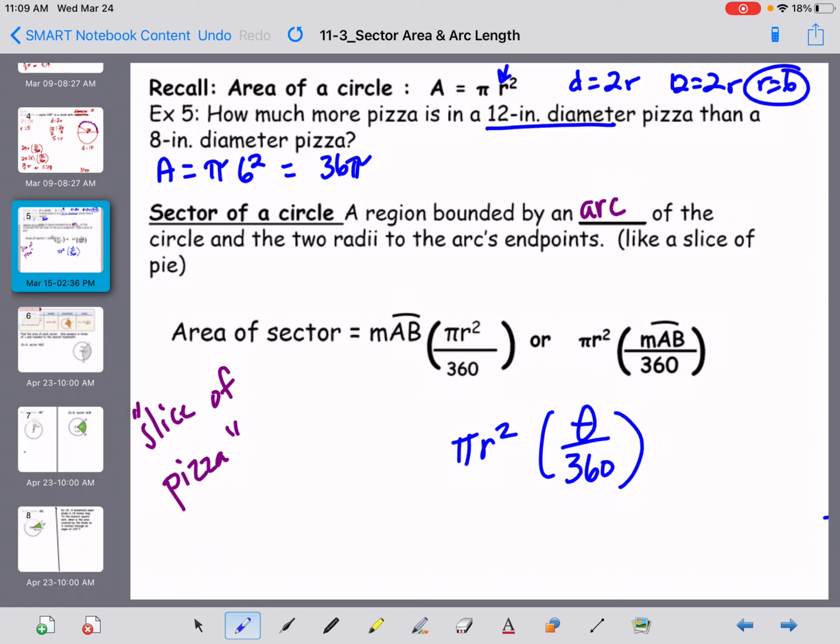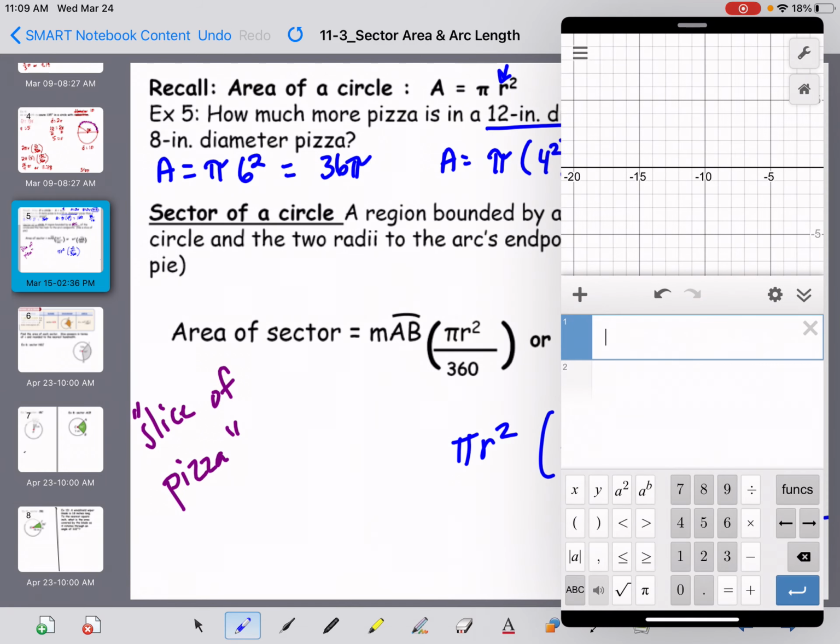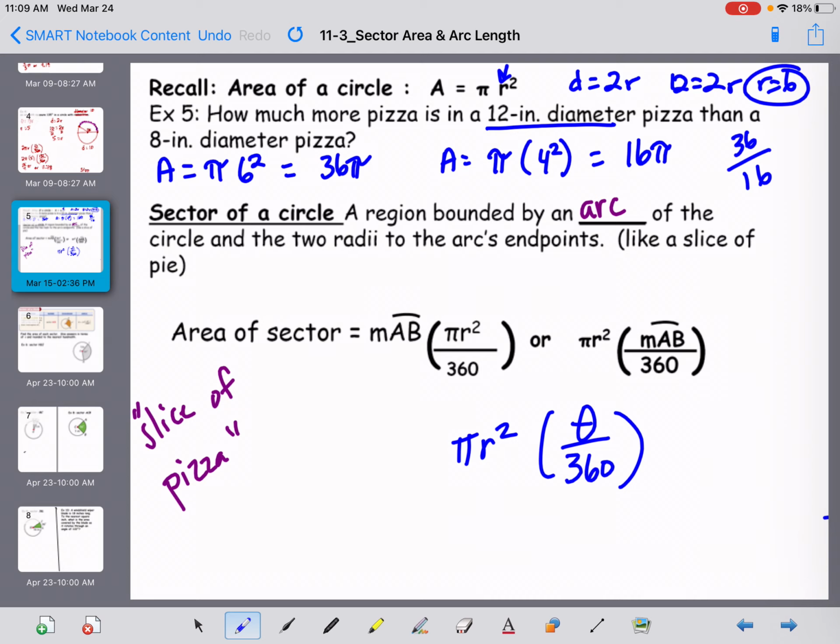If I wanted to do an 8-inch one, area equals pi times 4 squared, which would be 16, so it would be 16 pi. So we can see that then you take 36 and divide it by 16. So 36 divided by 16, it's 2 1/4 times bigger. Oh, what is going on with my pen? So that would be 2.25 times bigger. Anyway,